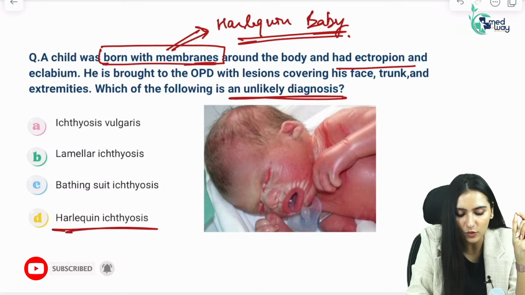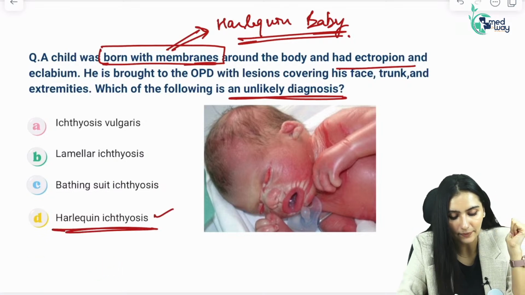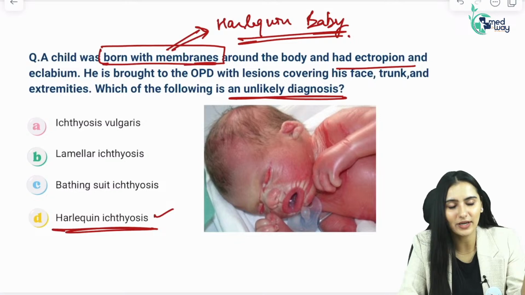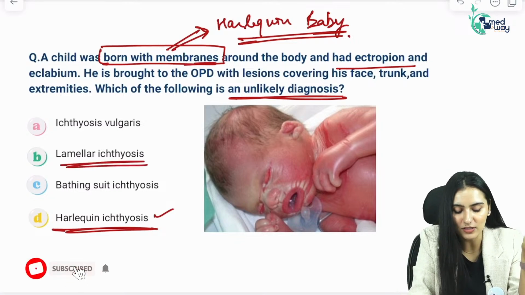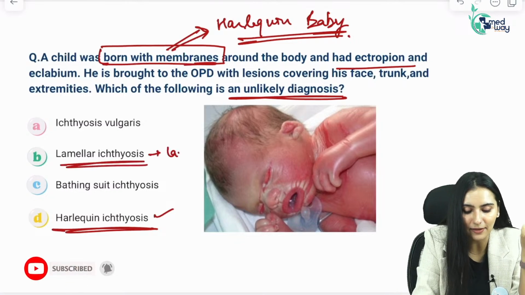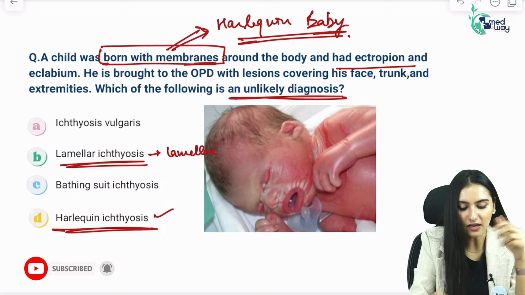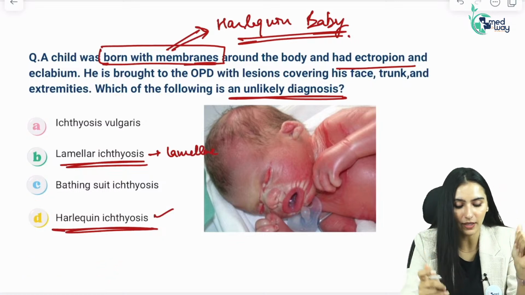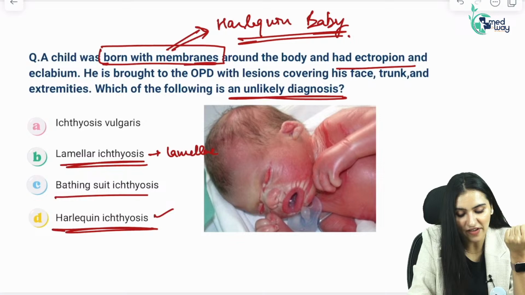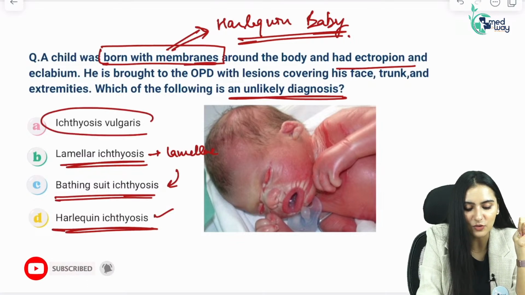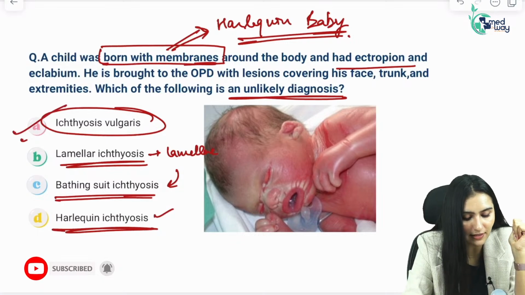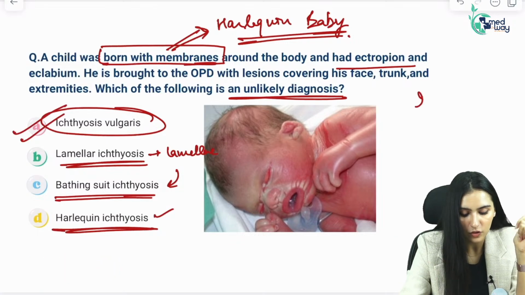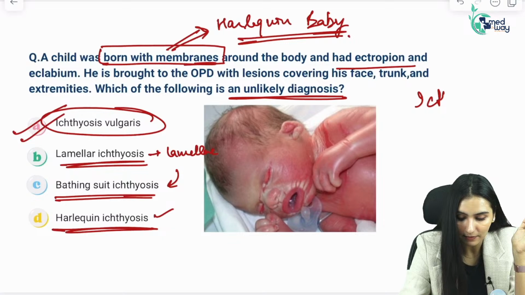So harlequin ichthyosis, it is definitely. The other name for harlequin ichthyosis is lamellar ichthyosis, because there are huge lamellae that are covering the baby. Okay. And a very similar thing is bathing suit ichthyosis. But when we say ichthyosis vulgaris, it is not this severe. Okay. So ichthyosis vulgaris